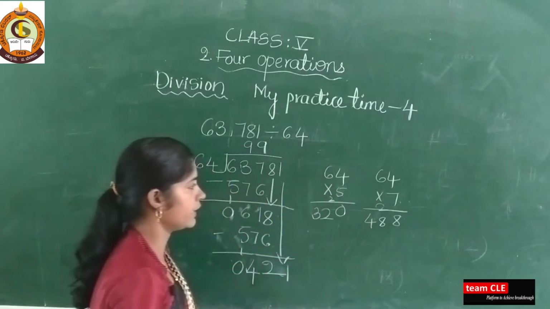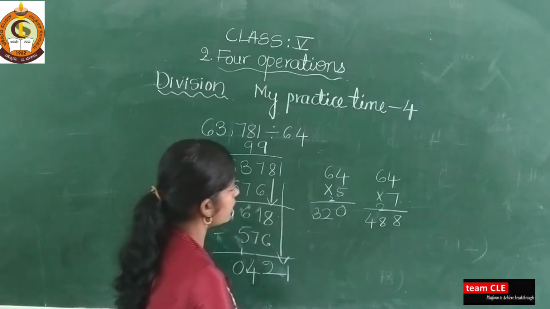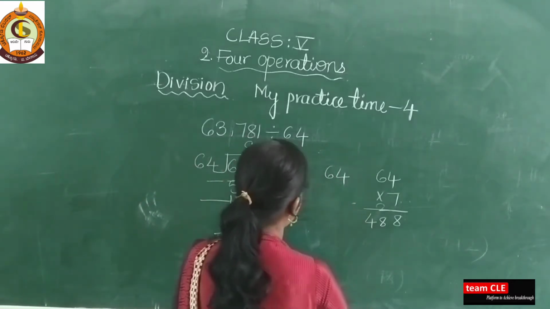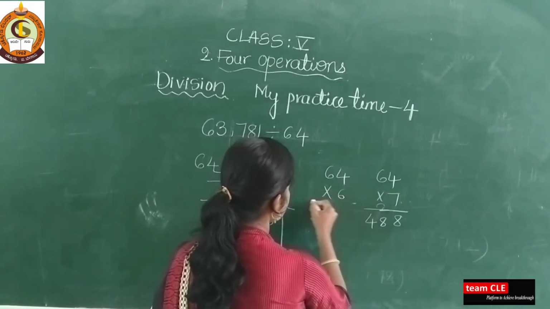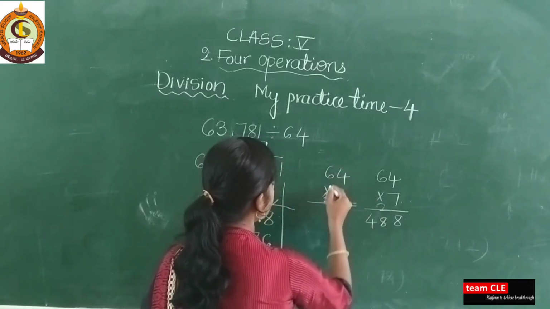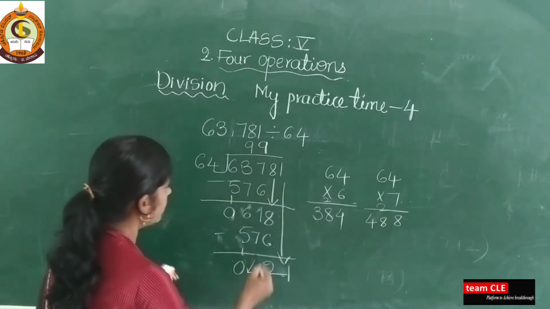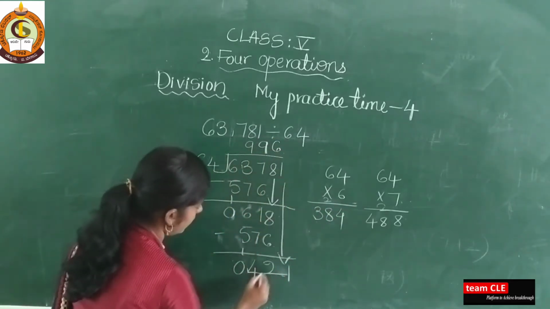See here, 448 is bigger. 5 ones also, 320 I got. Then you see 64 sixes: 6 fours are 24, 6 sixes are 36, 36 plus 2 is 38. So here you write 64 sixes are